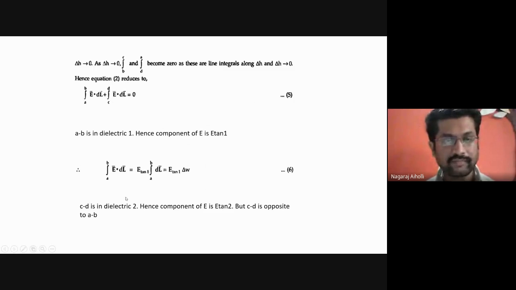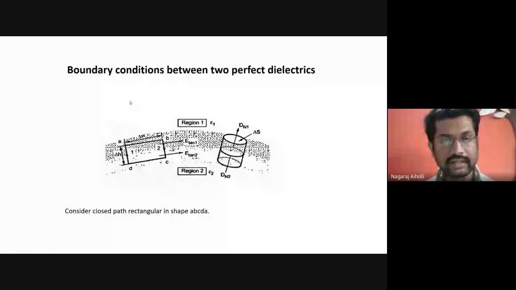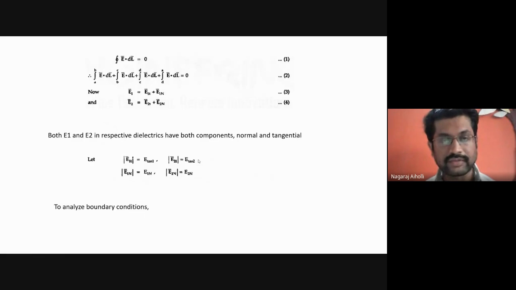Next, C to D. We have to find the remaining integral C to D E bar dot DL bar. Let us see what it will be. When I consider integral C to D, again the tangential component E tan 2 will come into the picture, because that is there in region 2, correct? If it is E tan 2, again CD is almost a constant surface, negligible, the area is very small, and hence the tangential component E tan 2 will be almost constant. If it is so, then I can remove this E tan 2 outside the integral. That is the next equation.